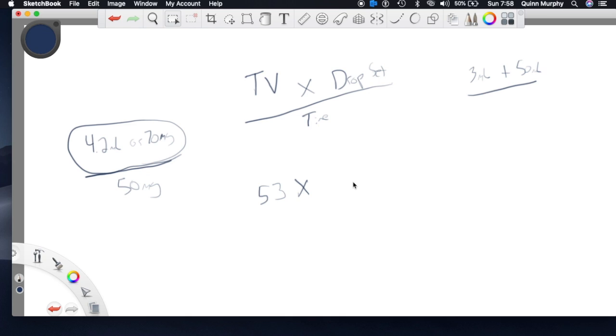So as you all know, we have different drop sets. We can have a drop set with 10 drops a minute, 15 drops a minute, 20 drops a minute, or if we go into our micro drip, 60 drops a minute. So for easy math here, we're going to say we have a 10 drop set. So we're going to multiply 53 by 10, and that's going to give us